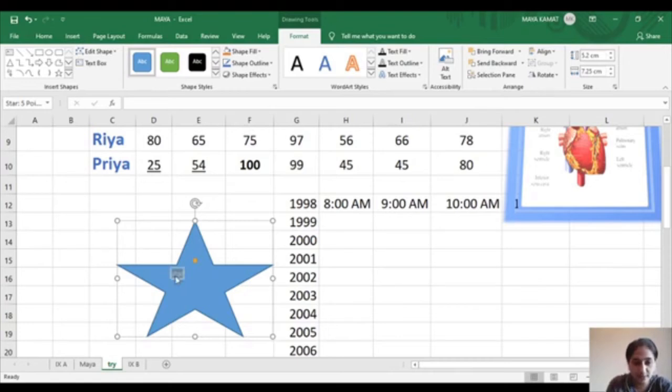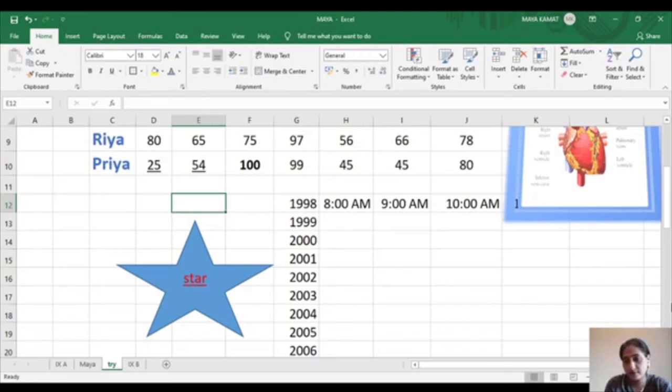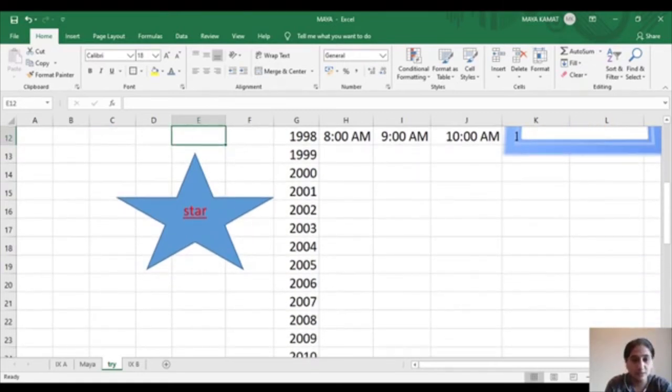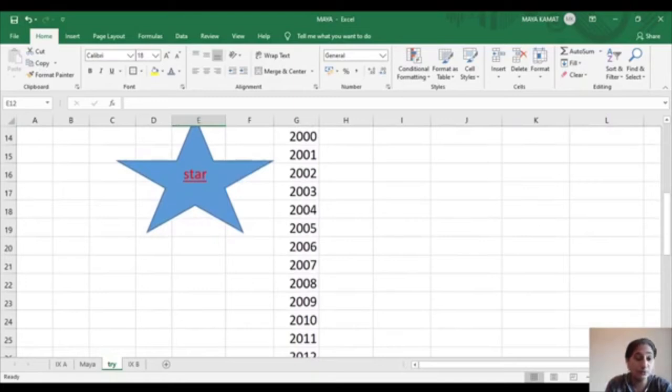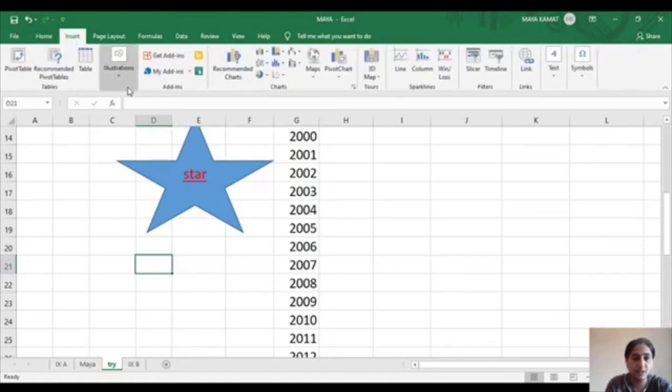Again double click to select and increase the font size. Give center alignment so that it comes to the center. You could underline it. Change the color of the text. Is this seen now? Yes or no? Yes, teacher. Okay. So this is how you are going to insert a new shape into Excel. Again, coming back to illustrations, you could also choose to include an icon or a 3D model from a file if you have any. The charts were already taken up in the last class.